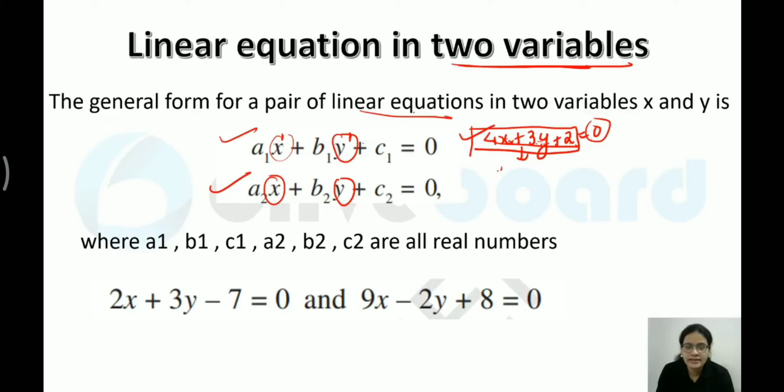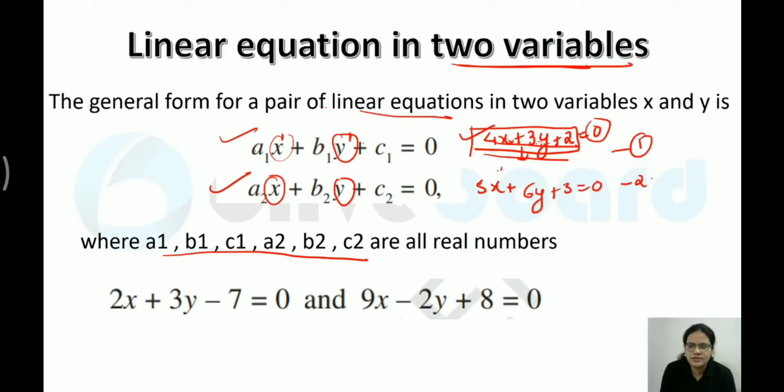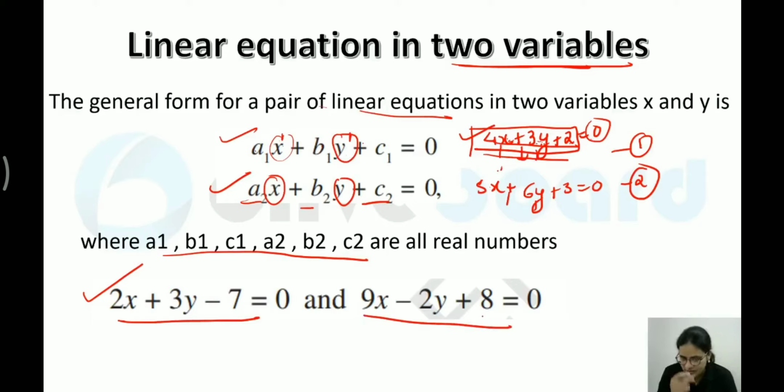Okay, so I hope it is clear. So here a1, b1, c1, these are constant values. These are not variables. Though I have written letters, there would be values like this. So they'll give you something like 5x plus 6y plus 3 equal to 0. This is your first equation. This is your second equation. So how many variables? Only x and y are variables. These are just written for the generalized format, but they are constant values. Okay, so here I have given you an example. This is one equation. This is another linear equation, but there are 2 variables, x and y.